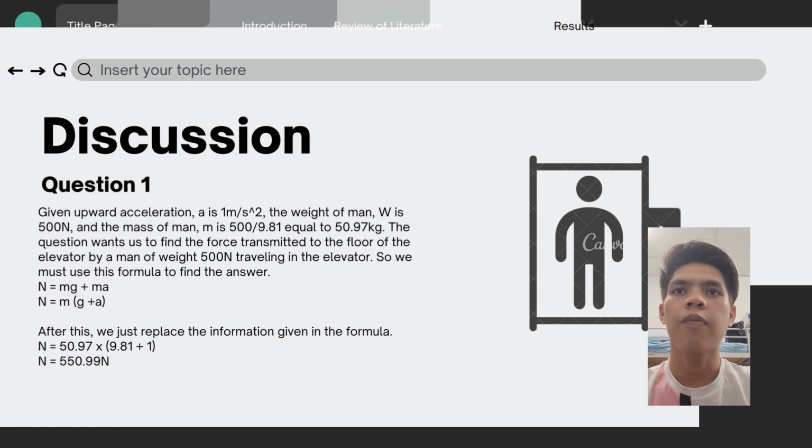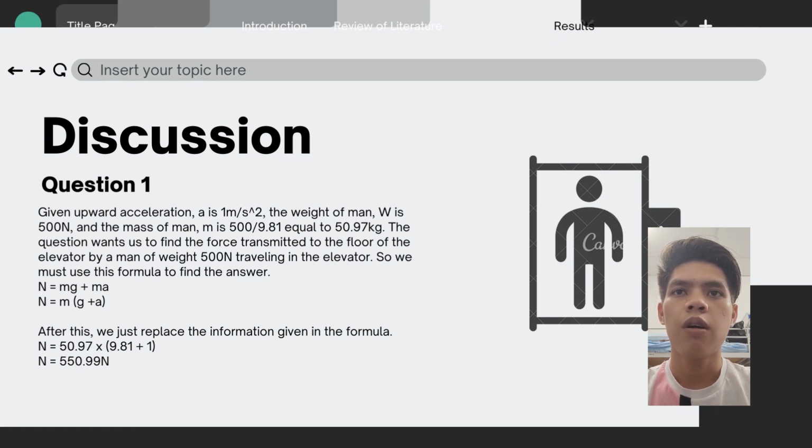Okay, and I will start with question 1. Given upward acceleration a is 1 m/s squared. The weight of man W is 500 N, Newton, and the mass of man m is 500 divided by 9.81, equal to 50.97 kilograms. Question 1 asks to find the force